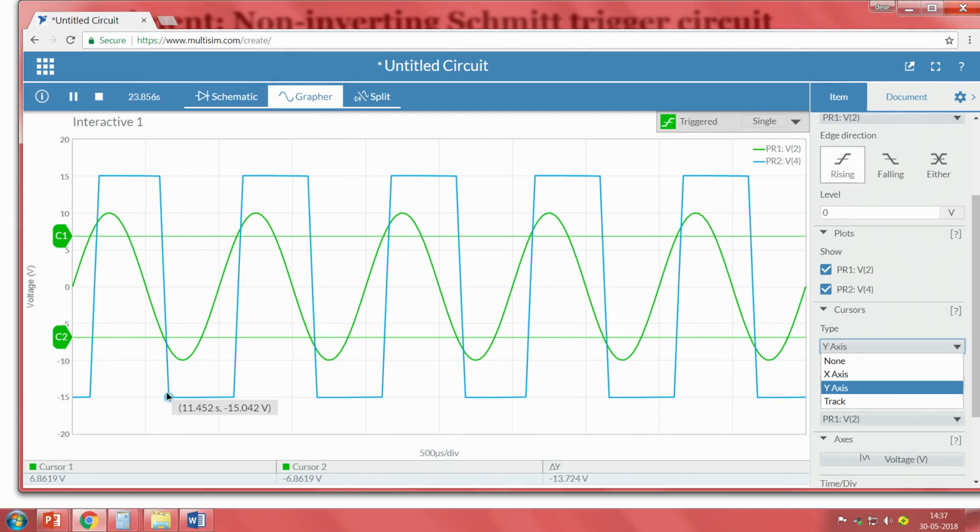So, when we look into the board, now we will do all the 3 test case scenarios. First test case scenario, I will take R1 as 1k, R2 as 10k, and I will apply input as a sinusoidal signal, and we will see. Since we have already calculated beta values, the output is going to plus VCC when greater than plus beta into VSS, and going to minus VCC when it is lower than minus beta into VSS.